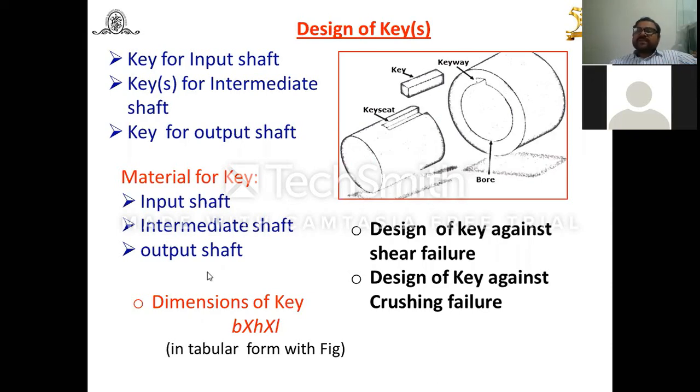But if it doesn't satisfy your condition of dynamic load carrying capacity, there is another option, that is a thrust bearing, the taper roller bearing. You have to go for a taper roller bearing. So you have to select a taper roller bearing for a helical, bevel, or worm and worm wheel. Before that, check the single deep groove ball bearing. And again, this procedure is given in many books, it is available. You can easily select the taper roller bearing.